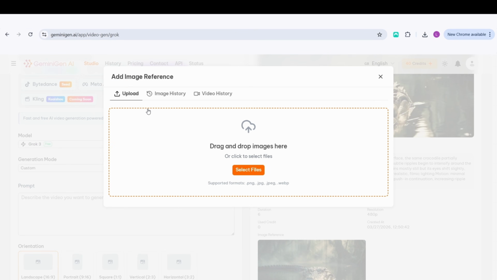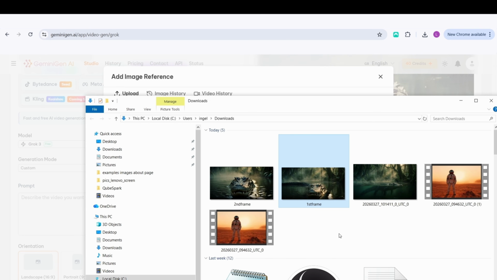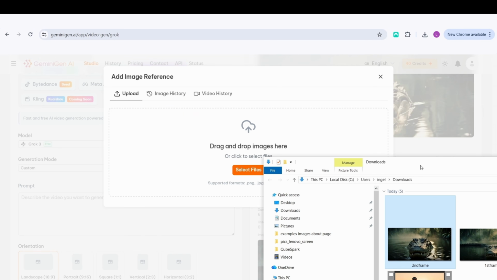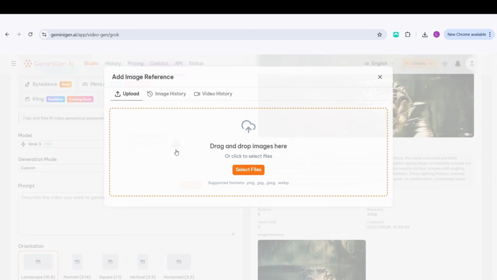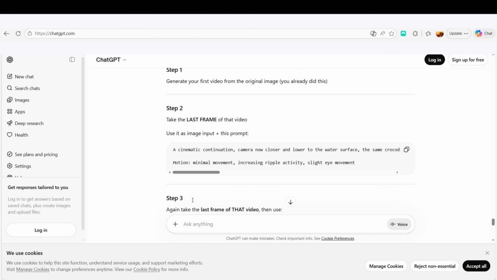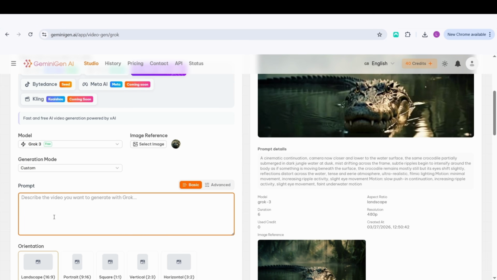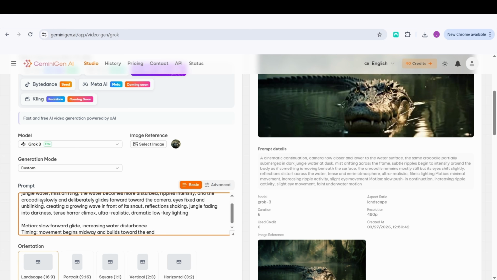Select the new image reference that we got, which is this one, and then we will copy the prompt. The third one, this will be your last one for our short movie. It's a really short movie, so let's copy the prompt,